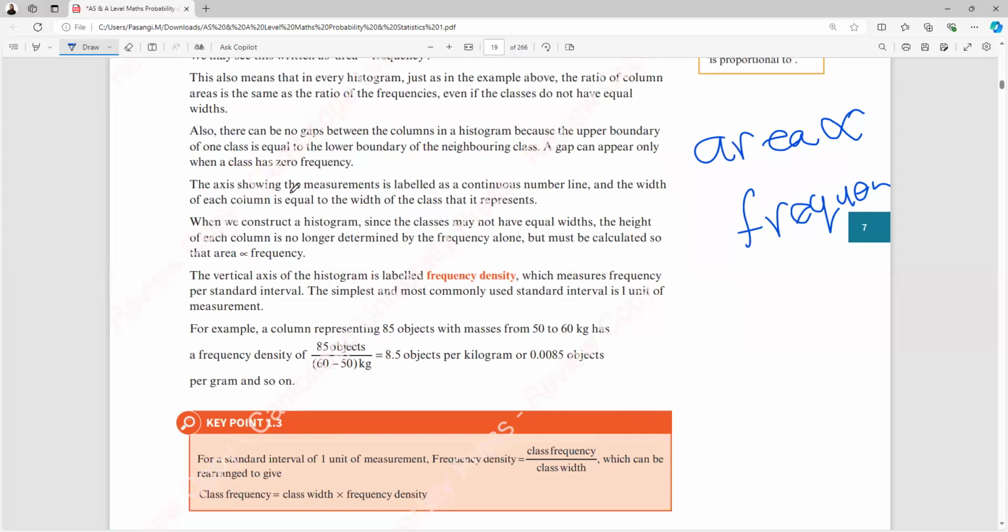So the axis showing the measurements is labeled as a continuous number line, and the width of each column is equal to the width of the class that it represents. So when we construct the